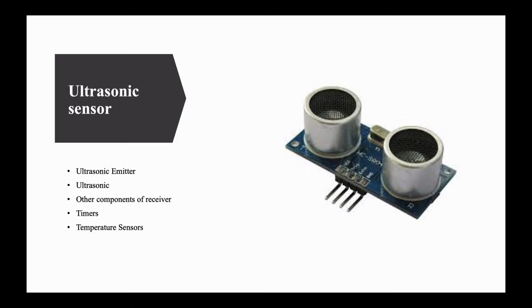Ultrasonic sensor consists of an ultrasonic emitter, receiver, timer, temperature sensor, and other components. The sensor uses the ultrasonic velocity in air to measure the time for the sound wave to be reflected after it meets an obstacle, and from the transmitting and receiving time it calculates the actual distance from the launch location to the obstacle.